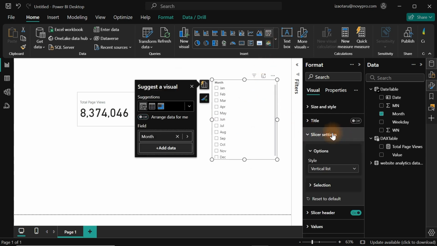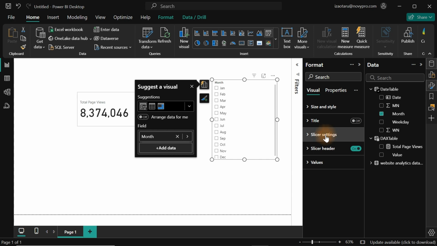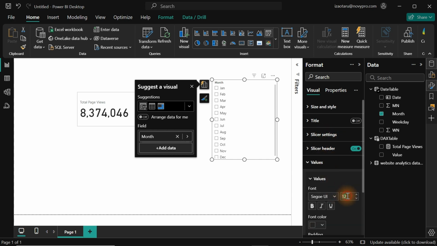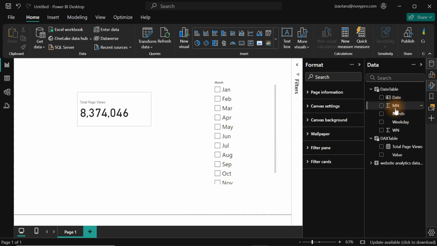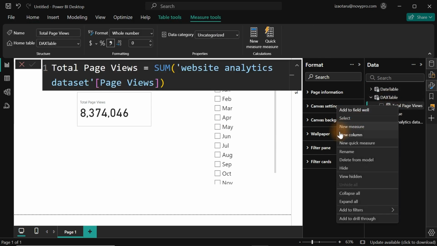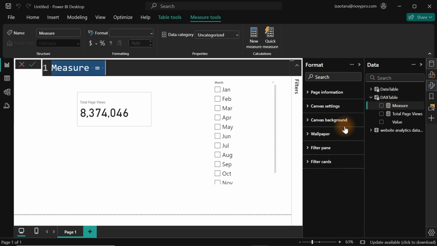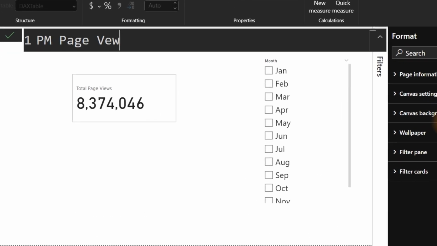So let's quickly go ahead and, okay, I think value here. So we can see it better, right? This will help us to create what we want. Let's go back to this particular part, right click and create a new measure. So with our new measure here, I'm going to just type in PM for previous month, page view,